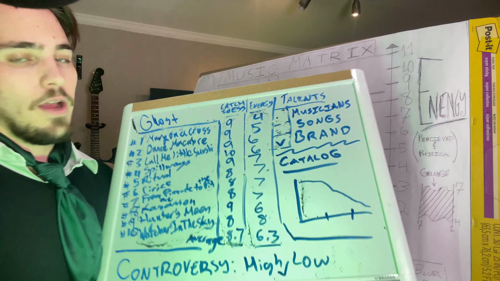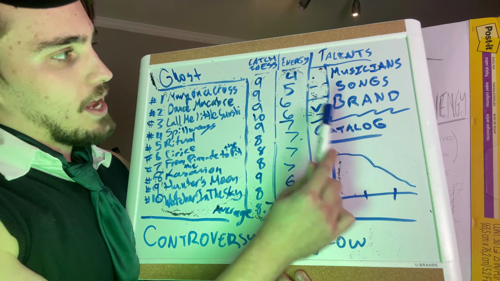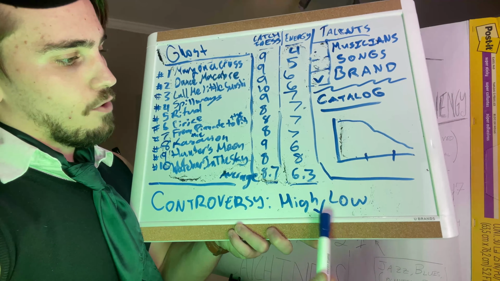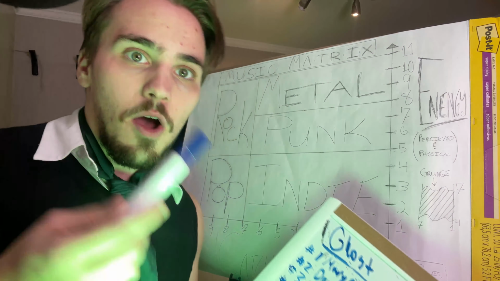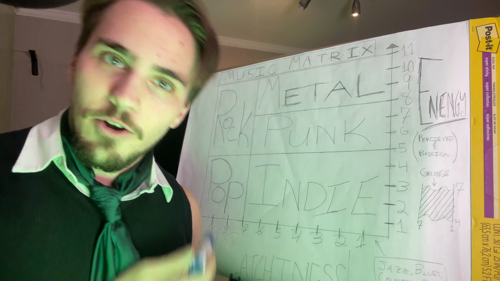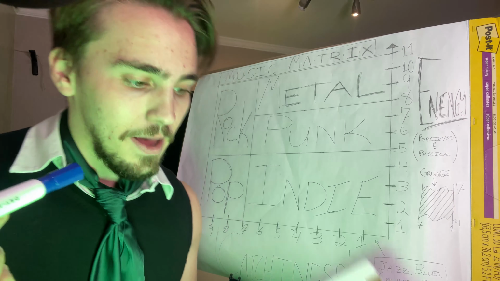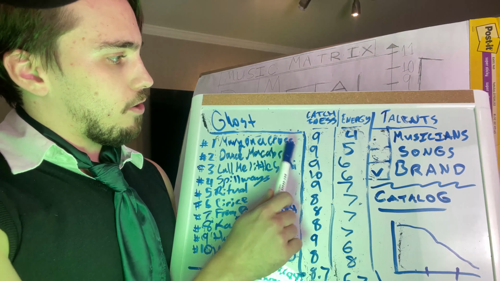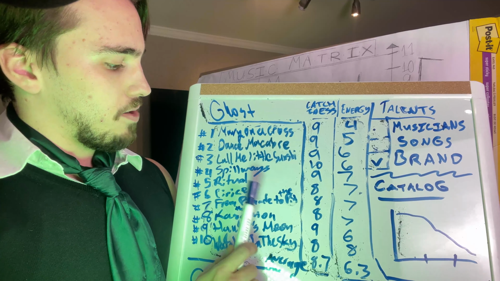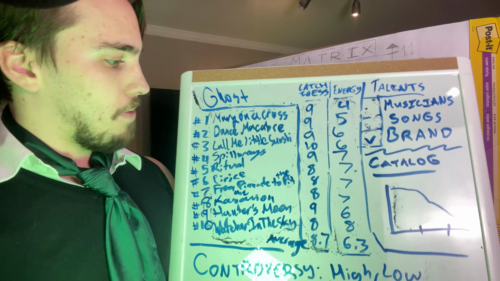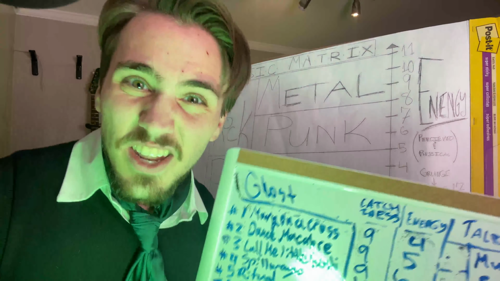That's the controversy element. Catalog, like we said, the talents, brand, not really the other two. Controversy level, high. And then here are my top 10 songs. Most people think about what are my top 10 songs. They don't think about one song. They don't think about the entire catalog. They think, okay, out of the ones I remember, which are usually the 10 they like the best, they go, how good was it? So Mariana Cross, Dance Macabre, Call Me Little Sunshine, Spillways, Ritual, Sariki, I don't know how to pronounce them, From the Pinnacle to the Pit, and Kaisarion, The Prophecy Told, and the